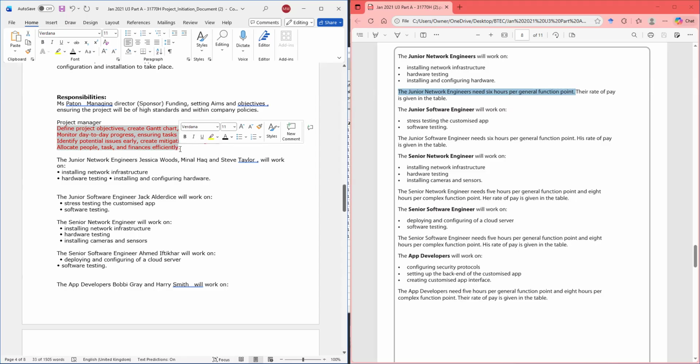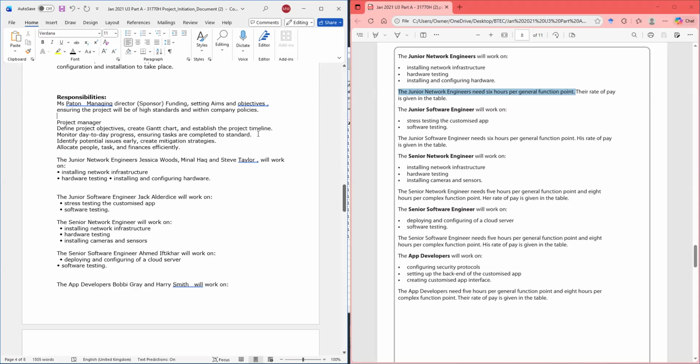And guys, how did I get all of this that I'm writing here about the project manager? It's all on this PID. Remember, the project objectives are on the PID. Gantt is on the PID. Establish project timeline, which is a part of the Gantt chart, is on the PID. Monitoring day-to-day activity is on the PID, because that's what he's going to do at the interim reviews and the milestone. Ensuring tasks are completed.